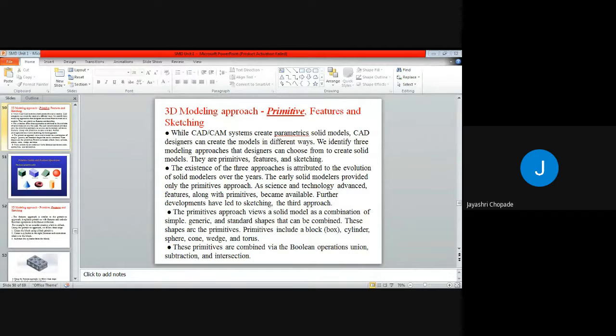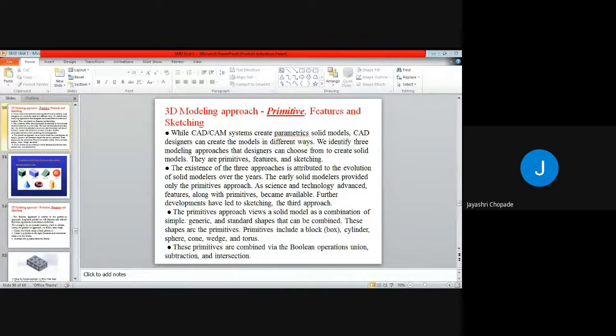So these primitives are combined via Boolean operations: union, subtraction and intersection. Suppose we want to create a complicated model, it is not possible to create that with a single model. We need to create different models, and after assembly we can create the complicated model or complicated shape.